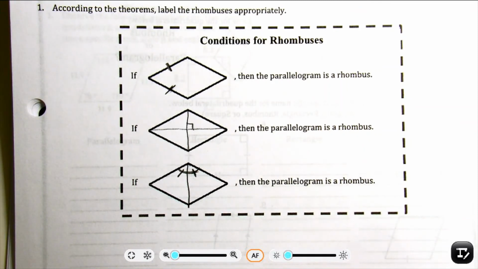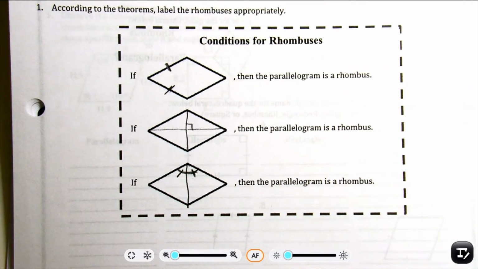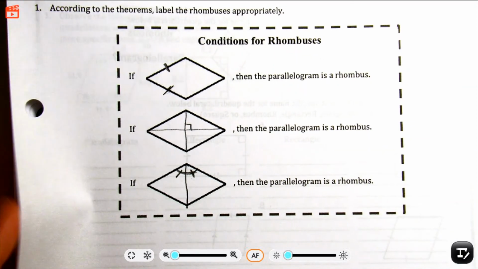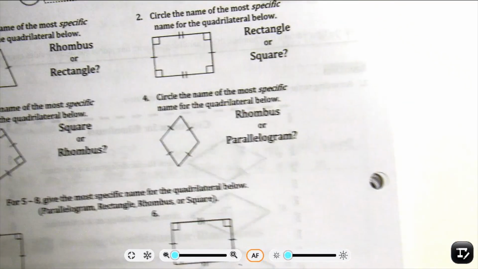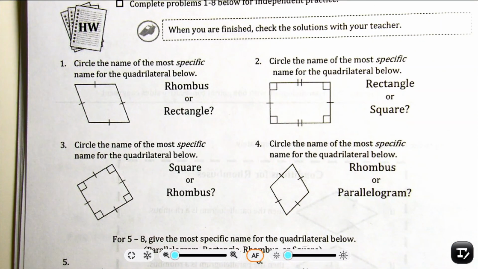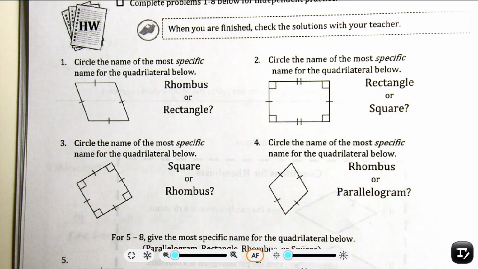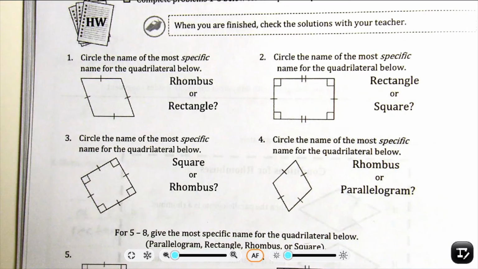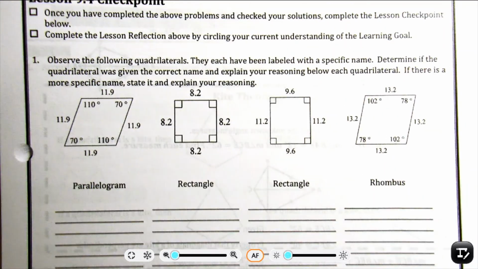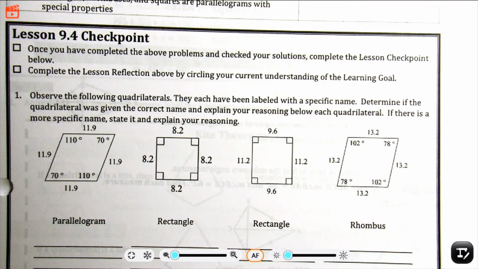You're going to be using the conditions for rhombuses and rectangles to do the homework, lesson 9.4 homework. What we're trying to find out is if the figure given is a rhombus or rectangle, or a parallelogram or a square, and then for the lesson 9.4 checkpoint, again, which one is which? Try your best to do this on a separate sheet of paper if you do not have the packet, and upload